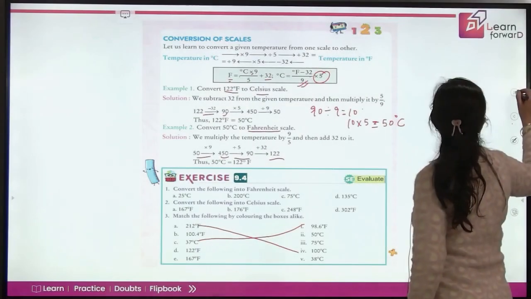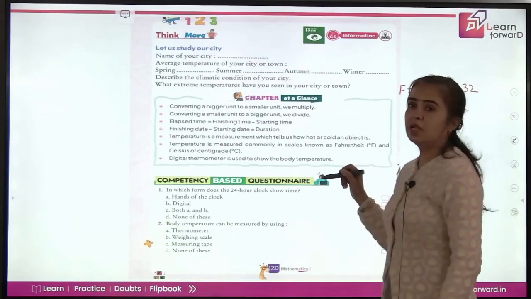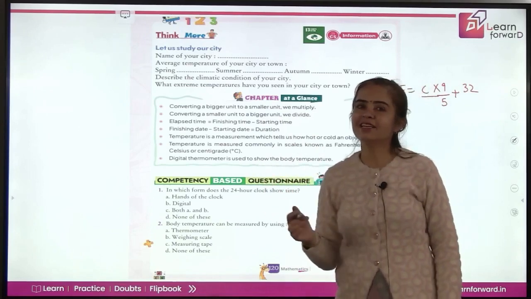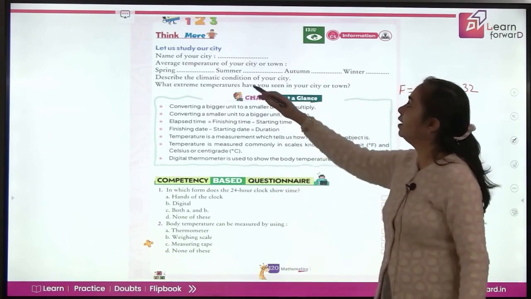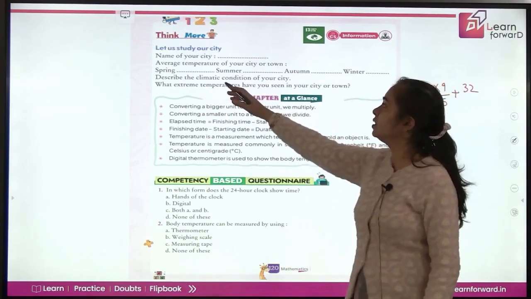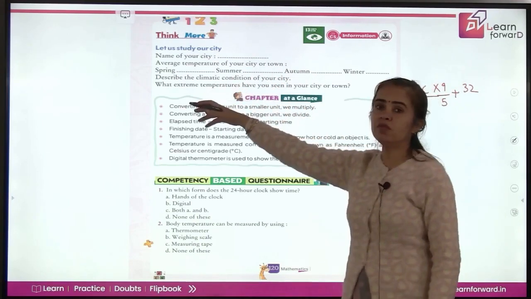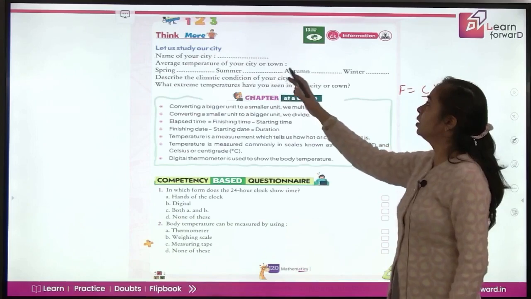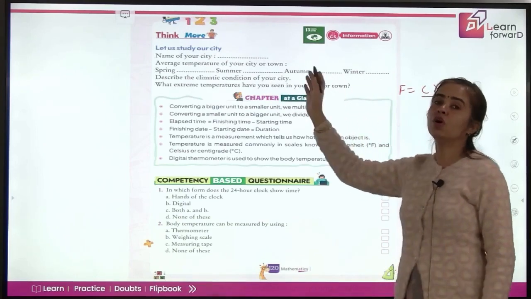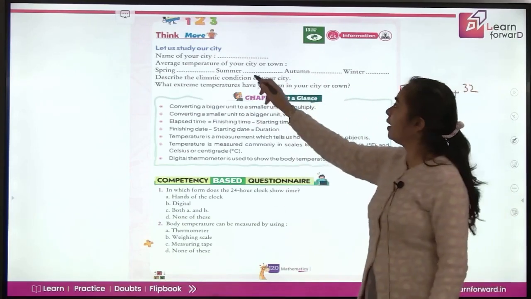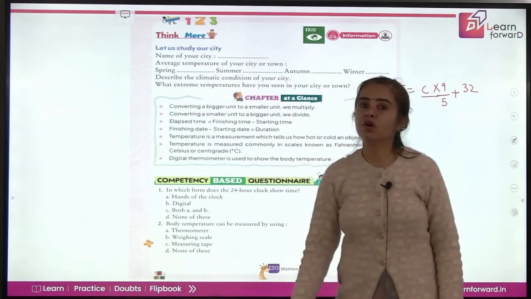Move ahead now. This is think more. Let us study our city. So, time to explore something again. What's the name of your city? You'll write here. Average temperature of your city or town. And then in spring, you will be writing it differently. Summer, autumn and winter. So, for all these 4 seasons, you will be writing the average temperature of your city